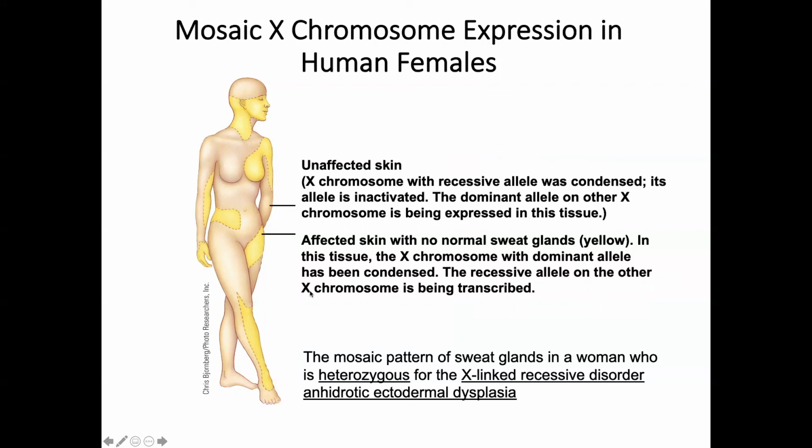If the X chromosome with the dominant allele is inactivated, the recessive allele will be expressed, and the affected skin will not develop normal sweat glands. Those are shown in yellow here, but not actually yellow, just indicating the affected skin. But if the recessive allele is silenced, then that part of the skin is normal,